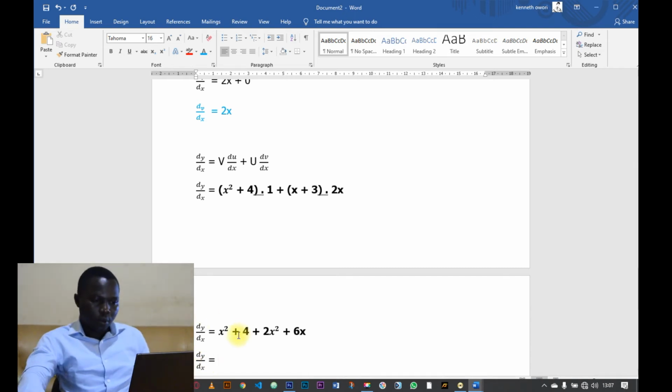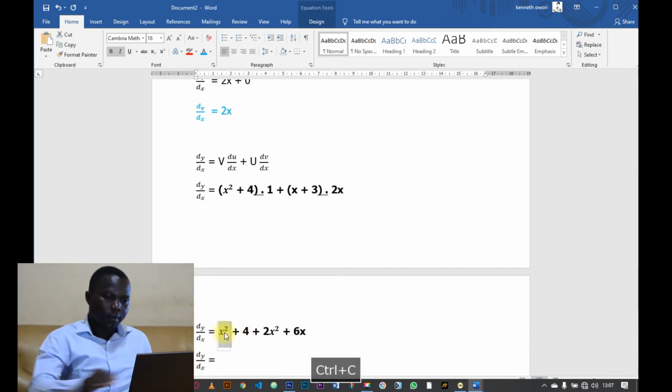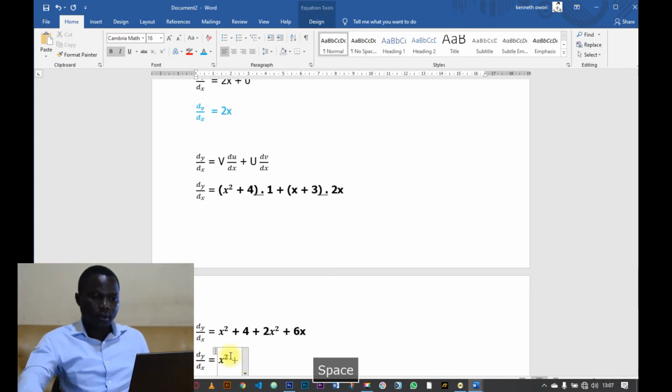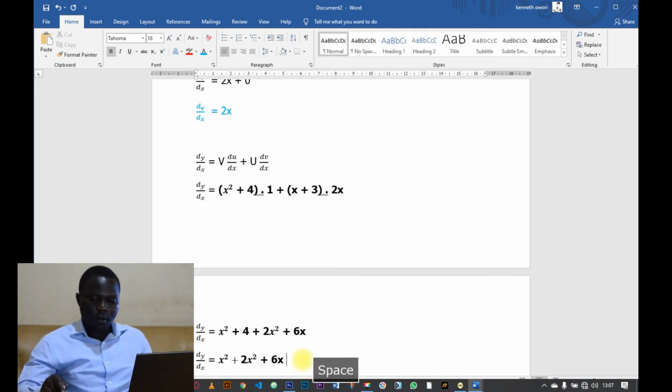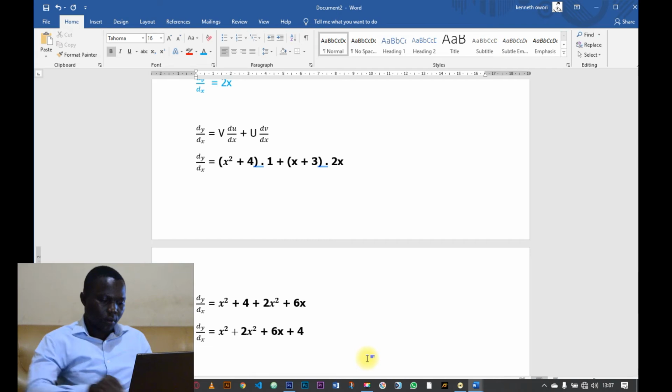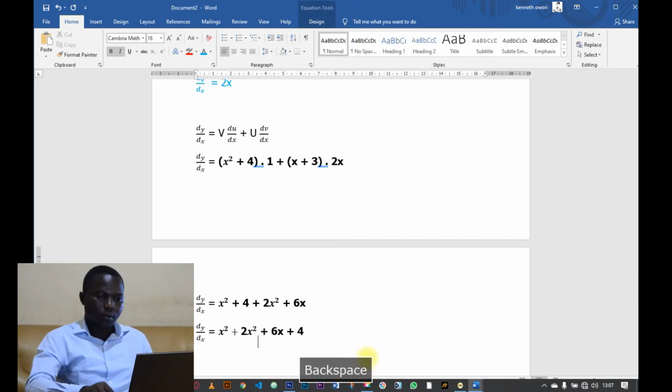So we'll bring the square powers together. x squared plus 2x squared, plus 6x, plus 4, meaning our derivative would result in